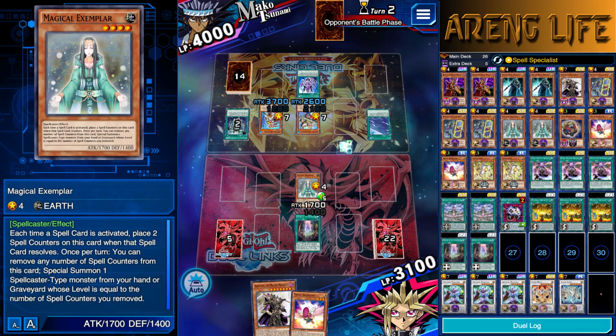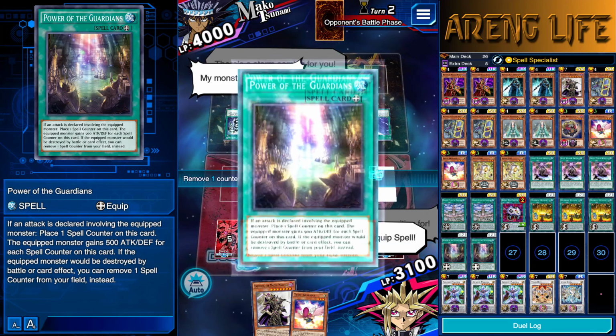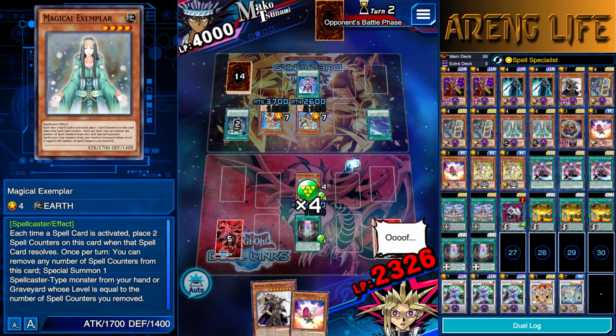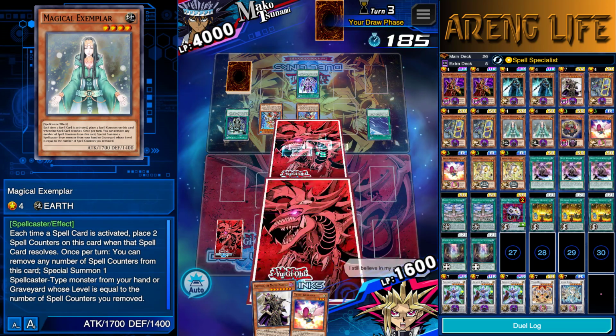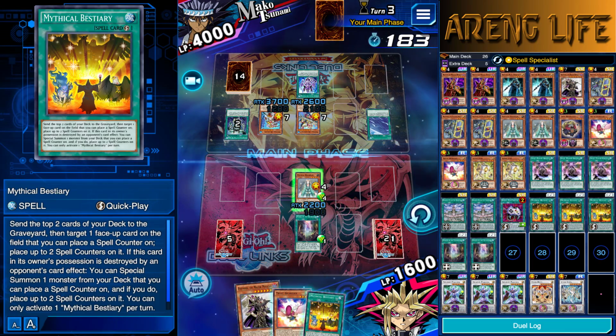Alright, so... I think I can survive. Take away one of your counters, please. All right. There we go. All right. I don't want to take that much damage. Holy crap, dude. I just completely avoided lethal. Mythical Bestiary. Well, thank you very much, but I think...